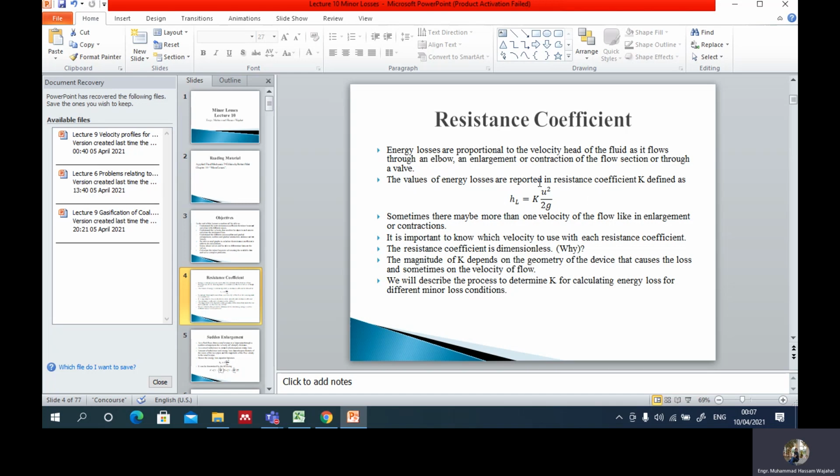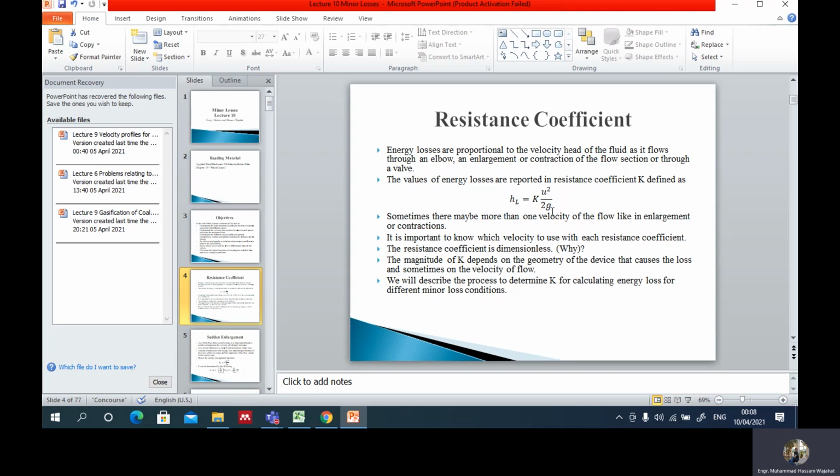Similarly, if we go back to chapter 6, Bernoulli's equation, I told you that Bernoulli made his principle from three different heads. There was the pressure head, the velocity head, and the elevation head. The unit of the head was meters. Now this part is the velocity head. So if the unit is meter over here where HL is, and u square upon 2g is also meter, the meter over here cancels with the meter over here. Hence, the resistance coefficient has no units. It is dimensionless in nature.